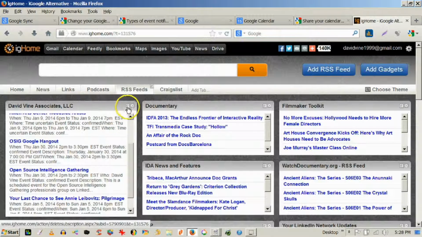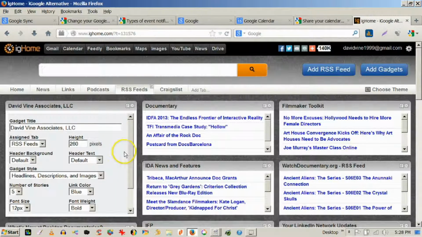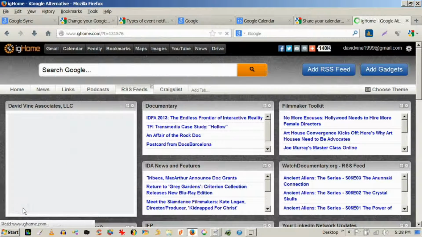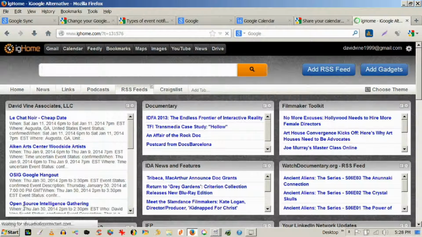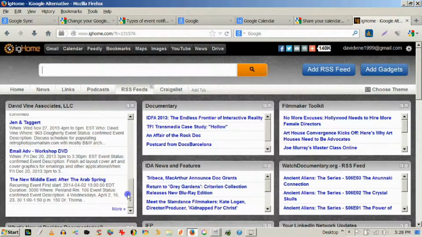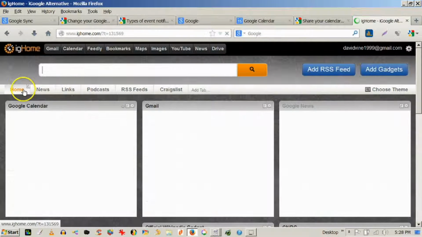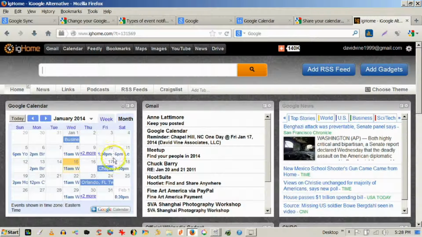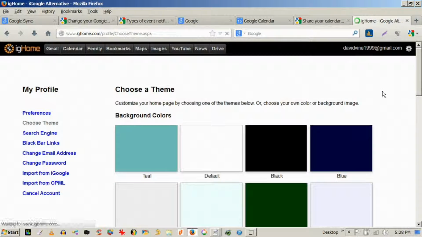And I can go in and say, all right, I want to display up to 9 different items. Now notice that's a different kind of display. All right, that's item by item. Now when I go to my home page, I actually see a calendar. All right, with the different displays. It is kind of cramped. I believe you can set a